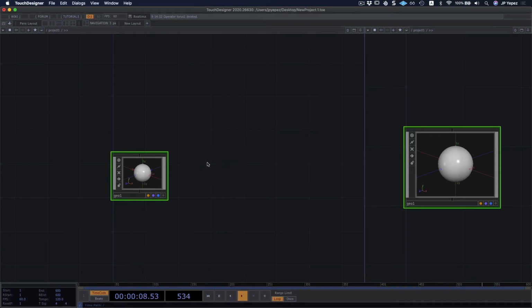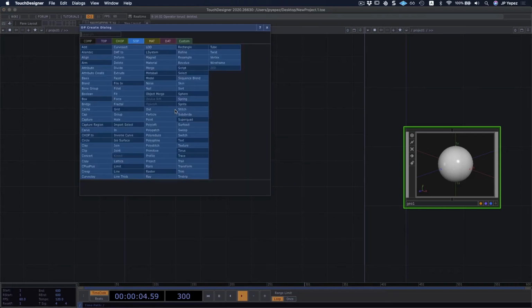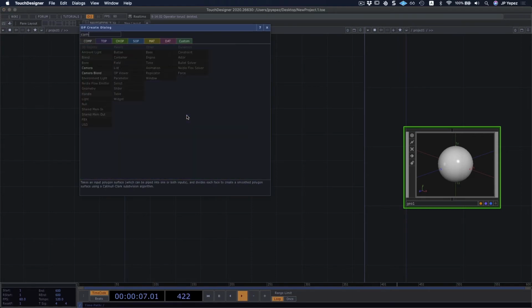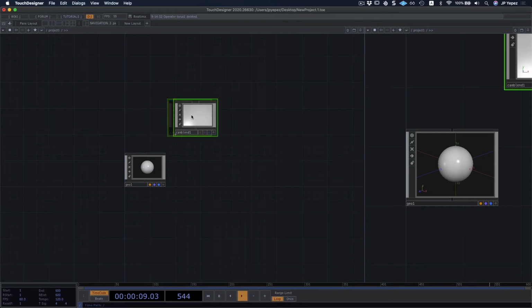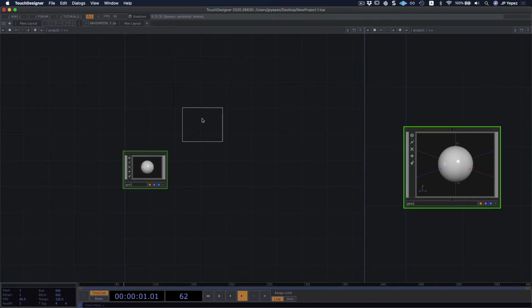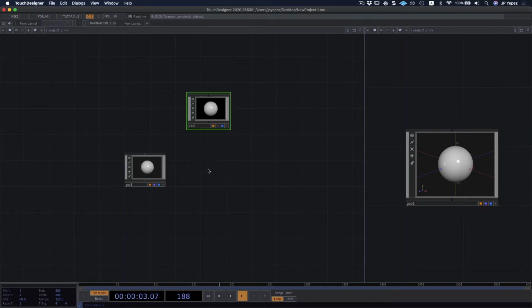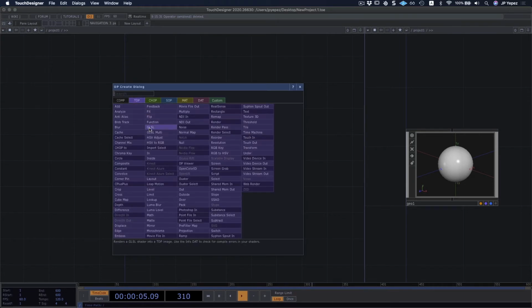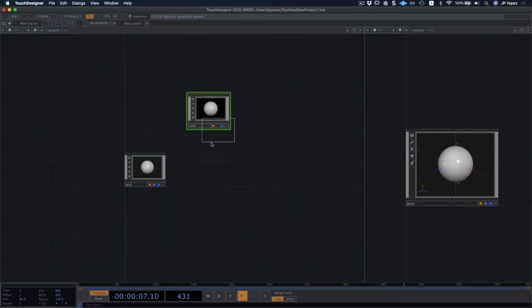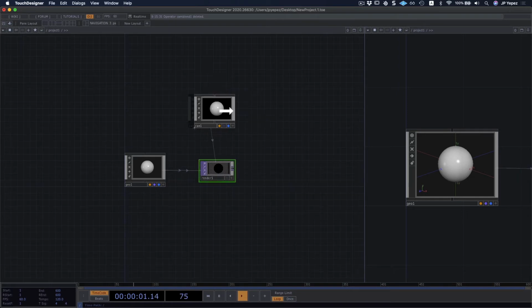Now, whenever I work with a 3D scene, there are three things that are absolutely needed. You need a camera. You need a render TOP. Render is basically the engine that is going to create the scene for you.